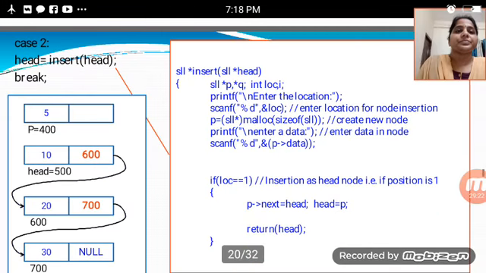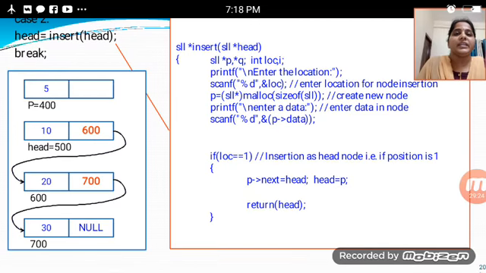After that, head having the inserted value 500, P having 400, 10 entered, which has 500, head will be there, and 20 has 600, 30 has 700, which are linked to each other. This is the same code as above the figure.